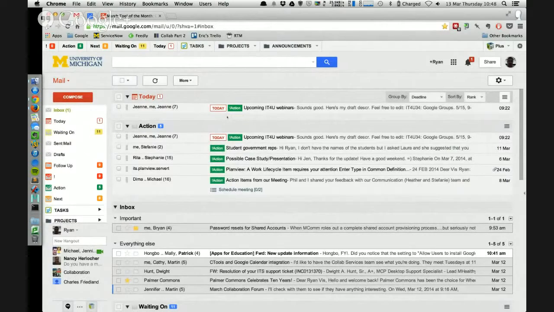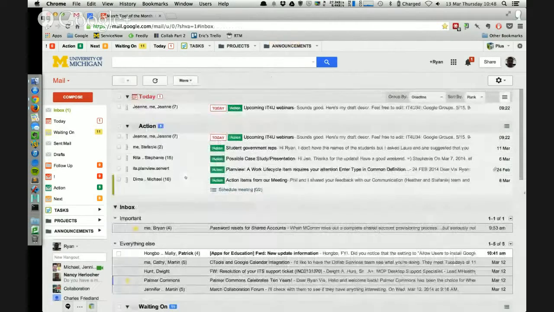Does this tool have keyboard shortcuts, or does it work with Gmail's existing keyboard shortcuts? The second question, yes, it does work with Gmail's shortcuts, and you'll see I'm paging through down here. You'll see the blue indicator. The one thing it doesn't do is go up into the lists up here.